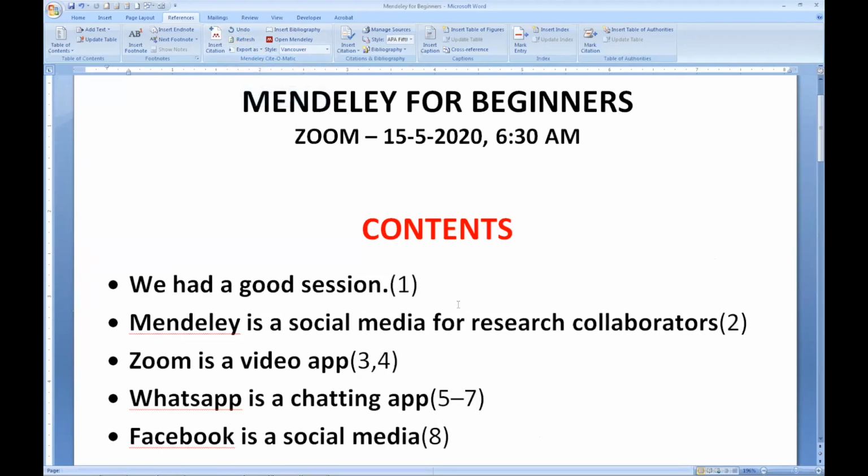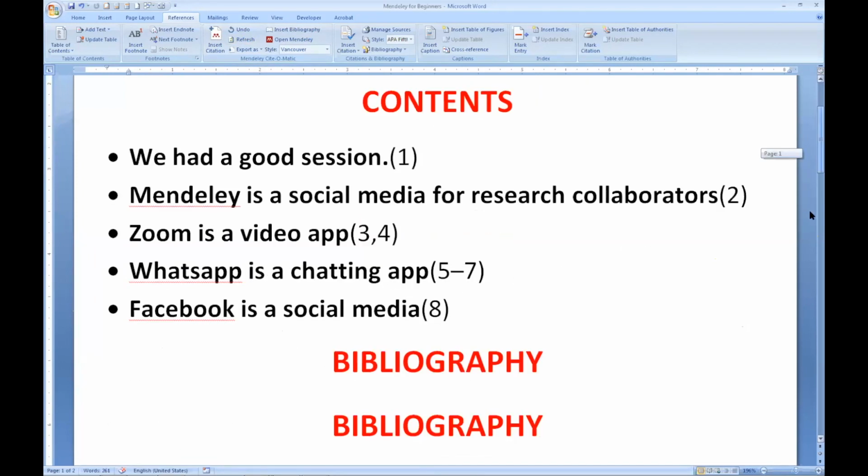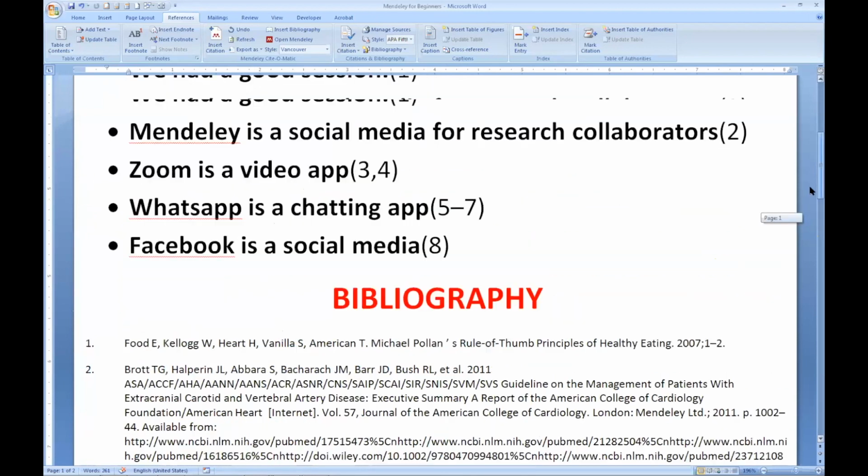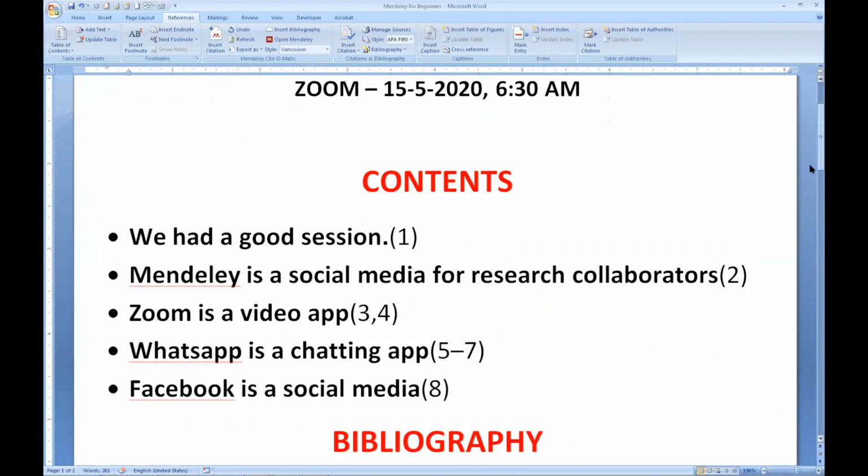See, the number changed automatically. And not just the citation number, even the references have changed. See, this 8th point which was there in the 8th position has now come to the first point. So you can keep working in the way you want. Mendeley will just take care of your citation numbers and the references. This is a very, very huge benefit.